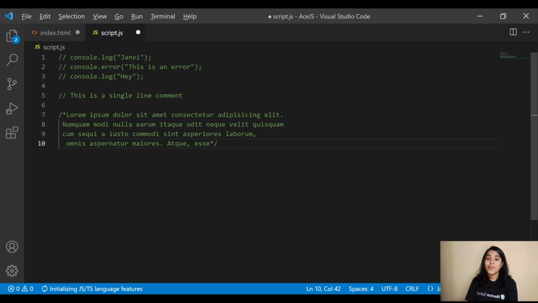So let us see how to make a single line comment. We have to put two forward slashes, and this makes our single line comment. And to make a multi-line comment, you have to put one forward slash and then one asterisk, and then you will see that with the help of these two pairs you can write anything in between, and you can use it as a multi-line comment. So I really hope that you understood this.